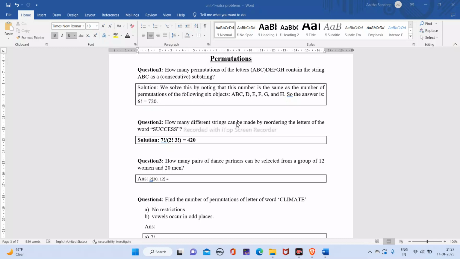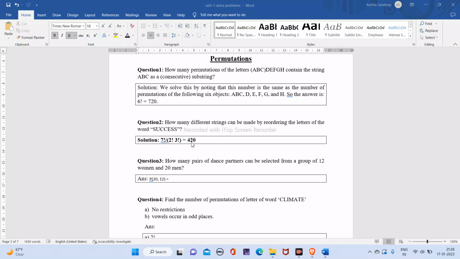Second question, how many different strings can be made by reordering the letters of the word success? So in this case you have to find the total number of letters, that is 1, 2, 3, 4, 5, 6, 7. So the numerator will be 7 factorial divided by, so S occurs 3 times, so 3 factorial, and C occurs 2 times, so 2 factorial, and U occurs 1 time, so 1 factorial, and E occurs 1 time, so 1 factorial, with 7 factorial at the numerator,